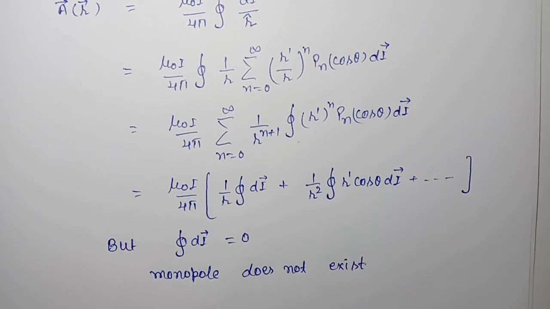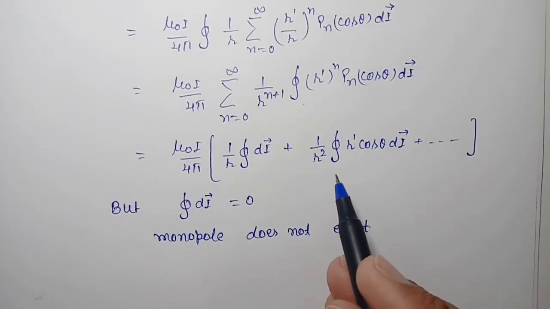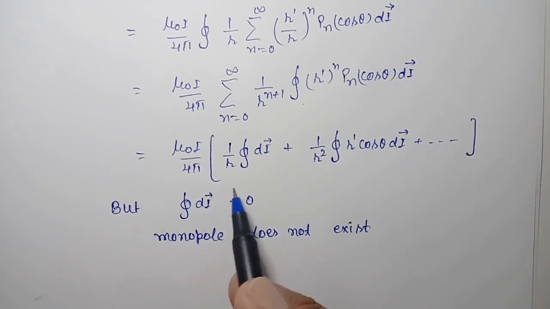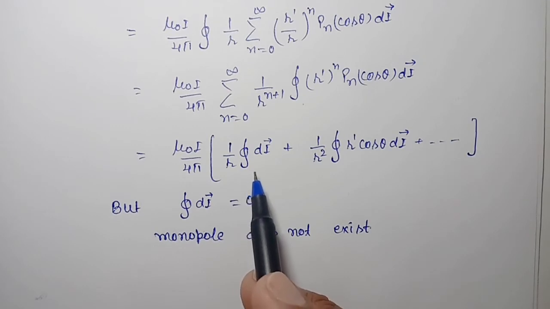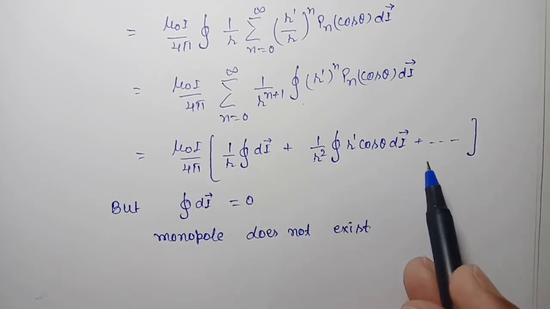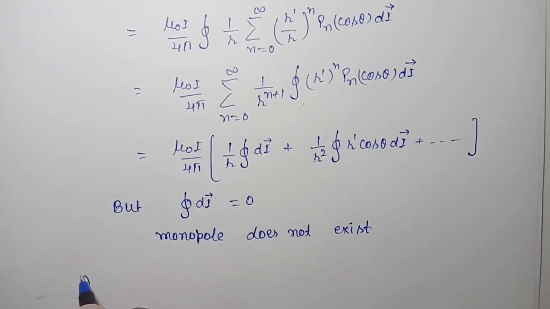This is a well-known concept. So here we have only this second term. Suppose we ignore the higher terms. I will repeat the same: the first term is equal to 0, and we have only this second term, and if we ignore the higher terms, then we can write